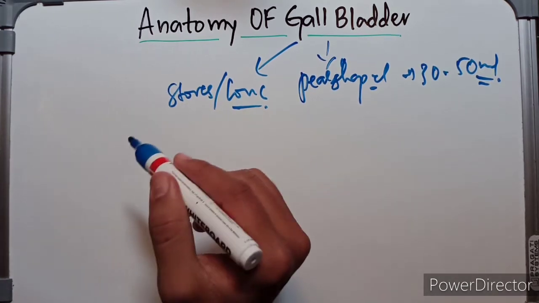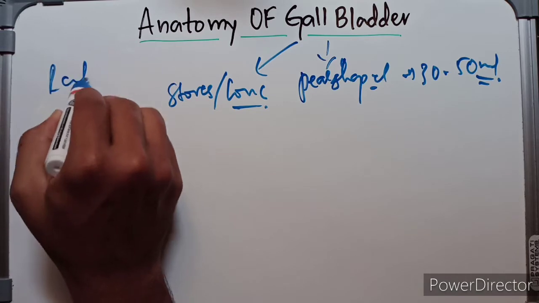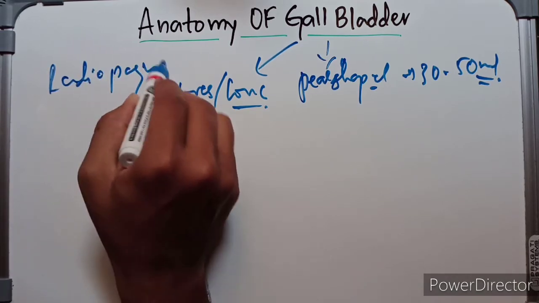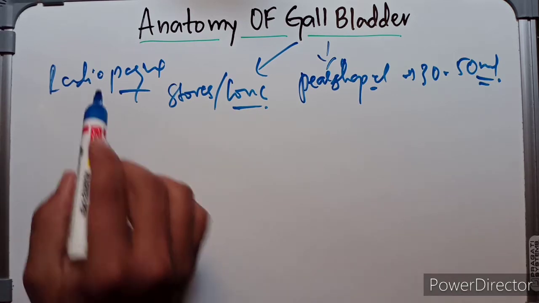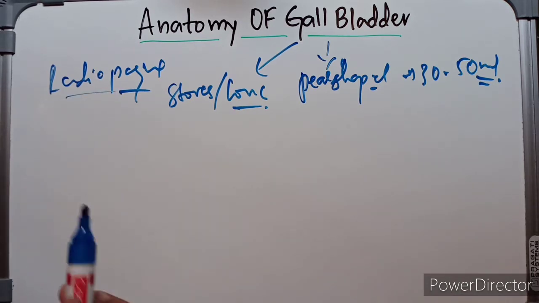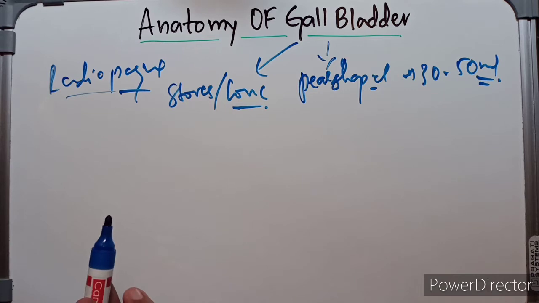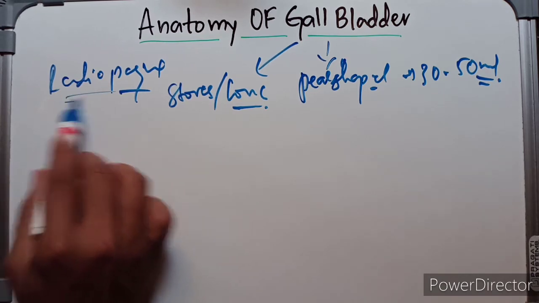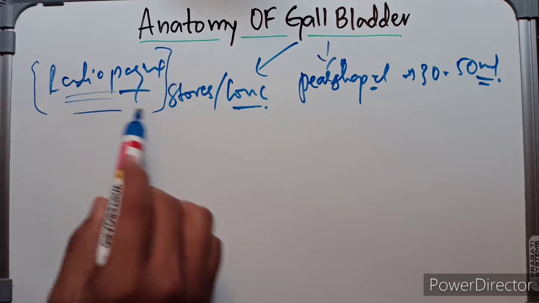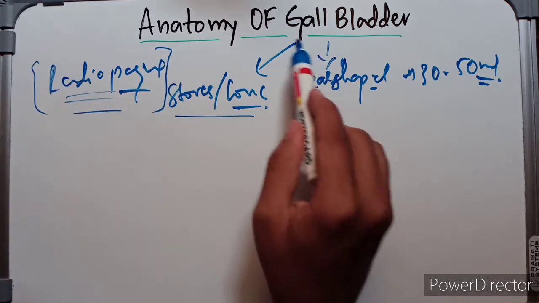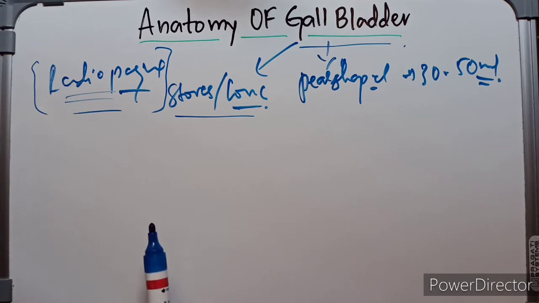Sometimes the radio-opaque substances which are also excreted in the bile are also concentrated in it. So what is the use of radio-opaque substances? In cholecystography, the radio-opaque substances are given, secreted by the liver and then transported into the bile, and after concentrating in the gallbladder we can get the imaging of the gallbladder.